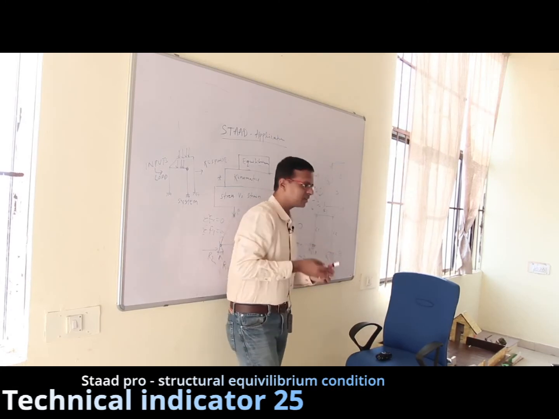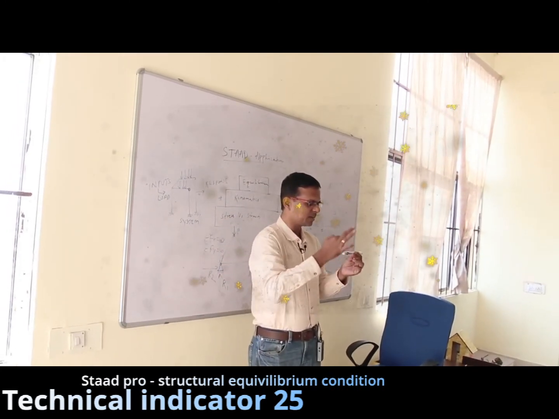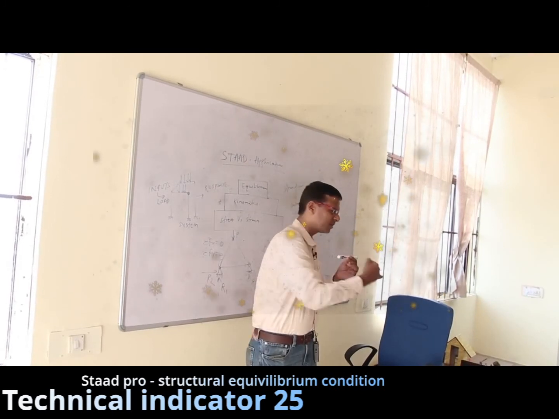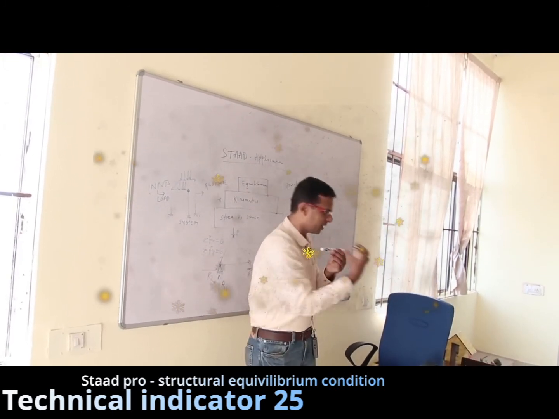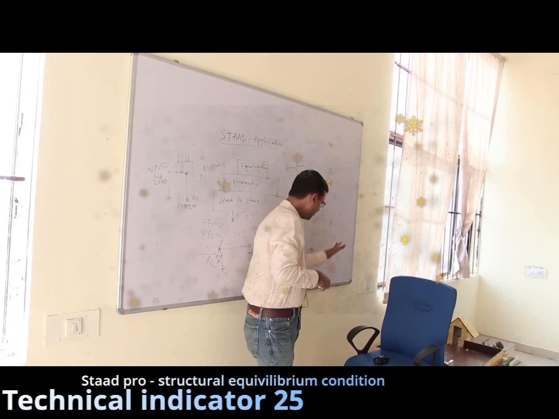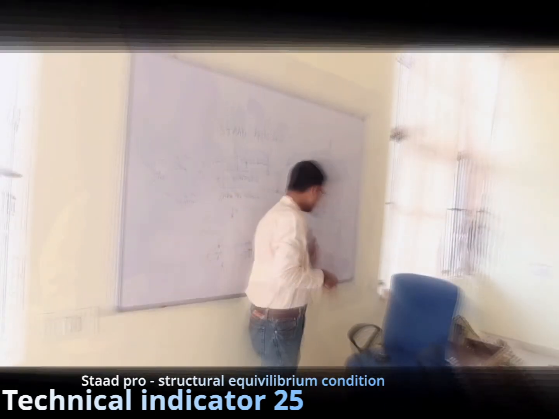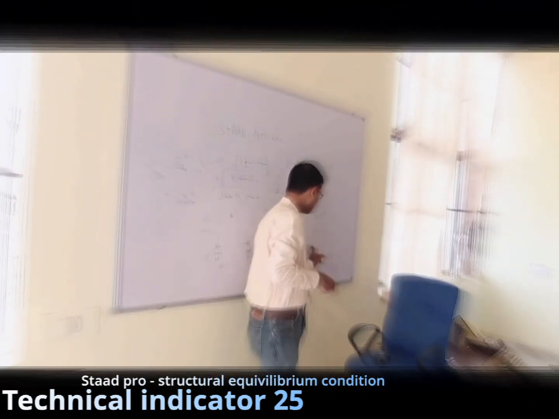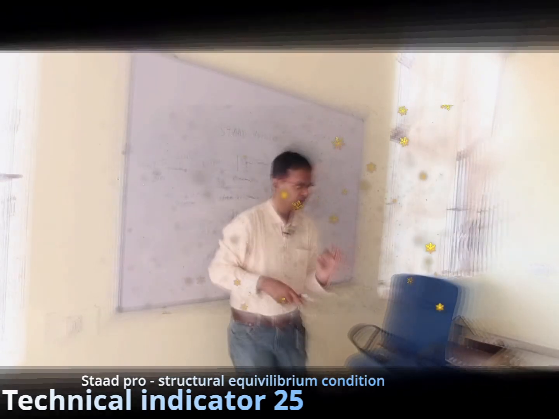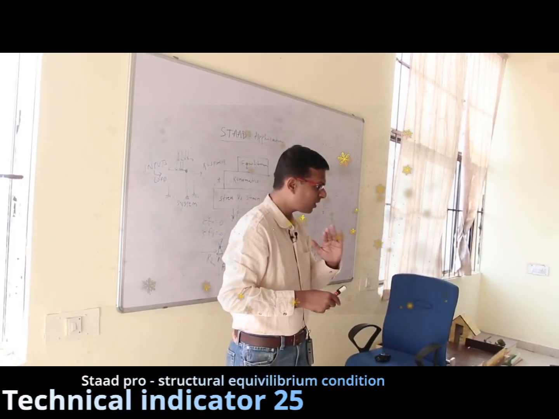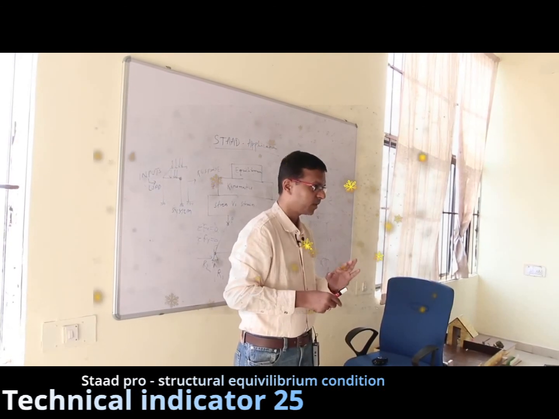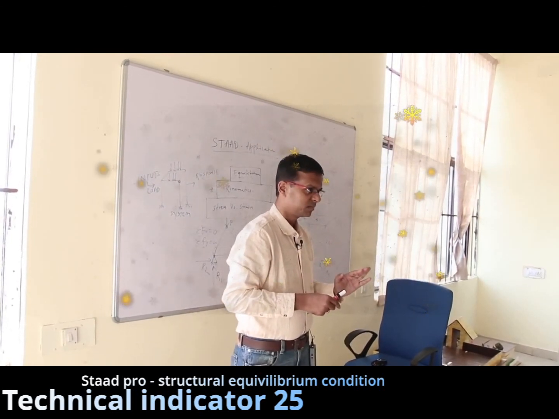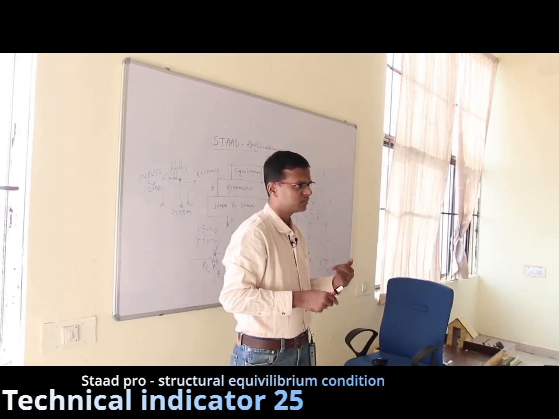Why I am taking 2 is that there is a column. Typically it has a cross section, it has reinforcement, or if it is a steel structure, there is steel. But what I am trying to convey is that this particular point is in a 2D frame. In a 2D frame, I am not considering anything about flexure or bending moment. If you are considering bending moment, it's okay.